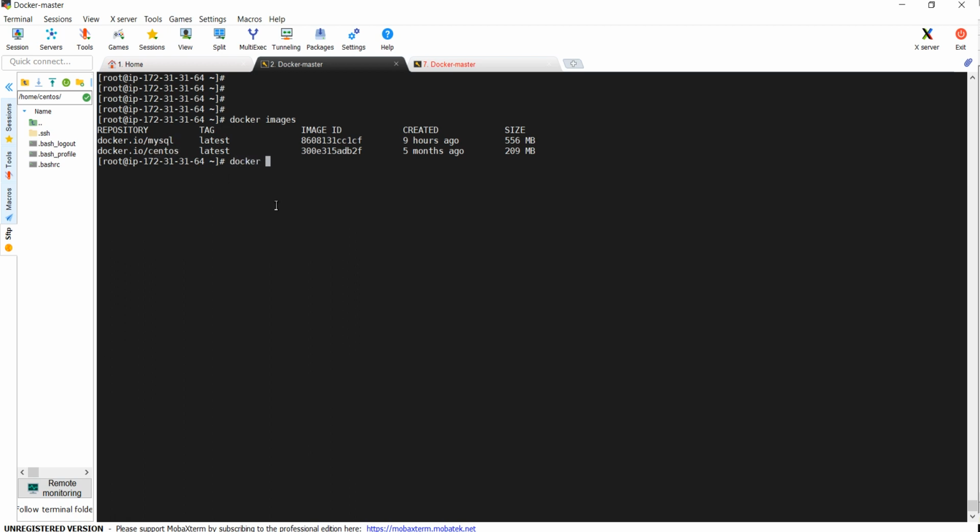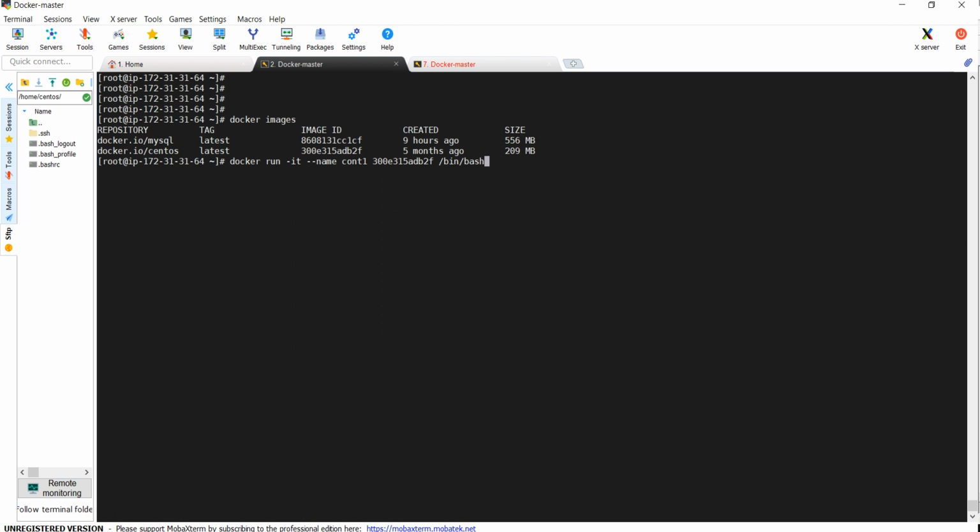If I need to create a container, I run docker run -it, the name of my container, suppose contain1, and the image, I can also give the image ID, then /bin/bash. There are many options available with the docker run command. In this case, we are using the -it option and we are also giving a shell here.